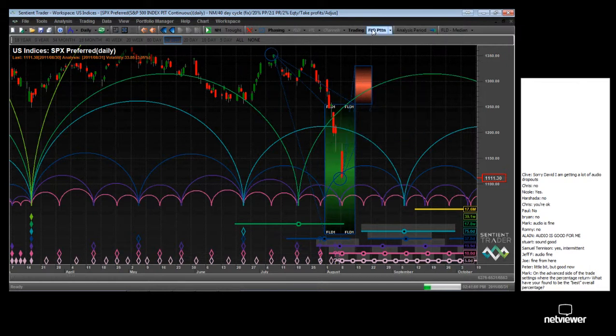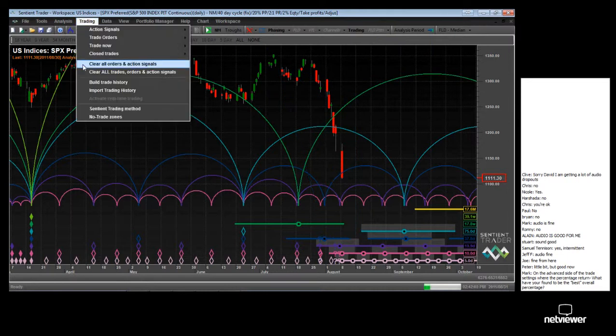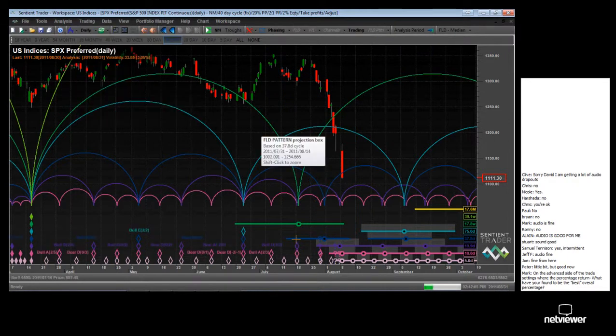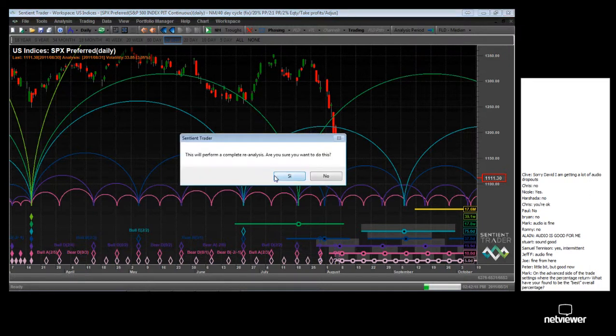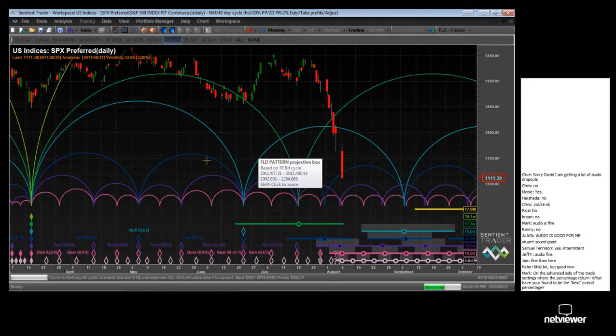So let me do a few things here so that we can see a bit of action, and I can actually force the software to take a trade even though the projection is not very good. That requires me to turn on Sentient trading. The reason for that is because Sentient trading allows you much finer control over the trading that's performed. The decisions are still made on the basis purely of Hurst trading methodology. So let me perform a completely fresh analysis and produce some fresh trades. And in the meantime, let me quickly have a look at